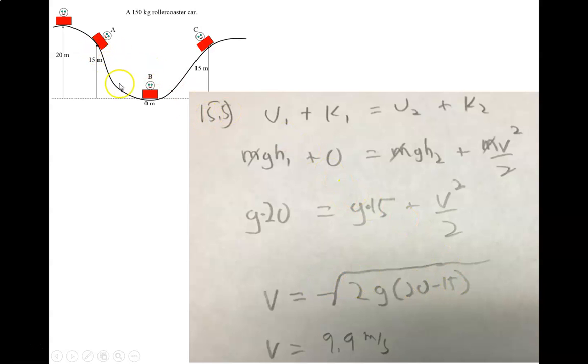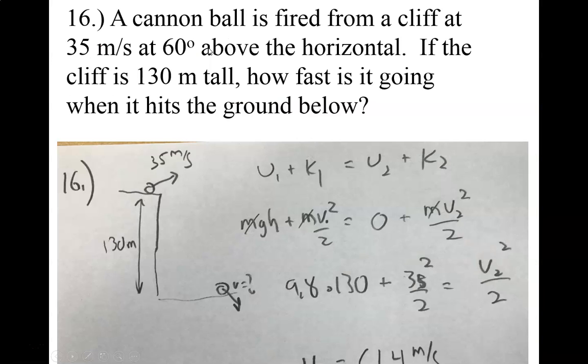Now, I'm going to get my exact same answer over here too, looking at this state, because I've got the same elevation. I'd have the same kinetic energy. We're not working this one, but we would have just considered h2 to be 0, and it would all be in the form of kinetic energy. But we'd still have our 9.9 meters per second here, assuming we didn't lose any energy to friction.